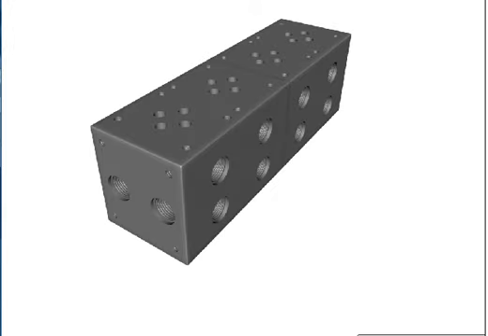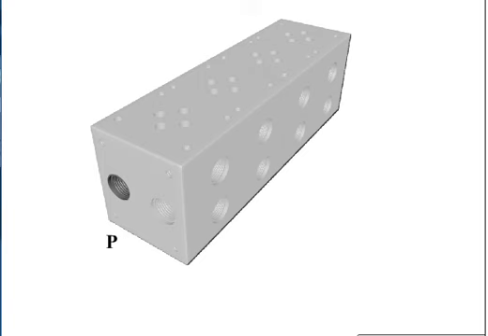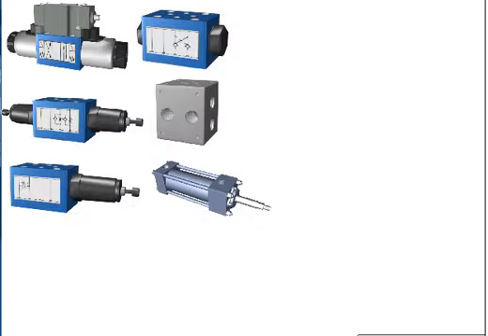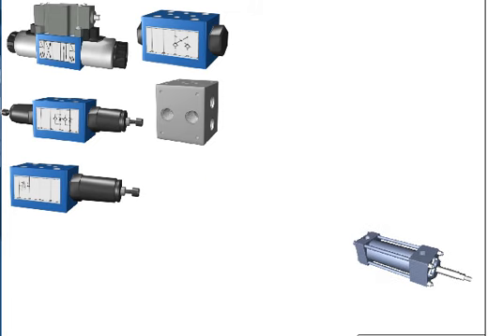Subplates and manifolds have a supply P port, a return T port, and A and B work ports, which line up with corresponding P, T, A, and B ports on the mounting surface. Manifolds and subplates with X and Y ports can be supplied when using directional control valves that require an external pilot or external drain. Watch as the following components are converted to a schematic of a single stack that controls